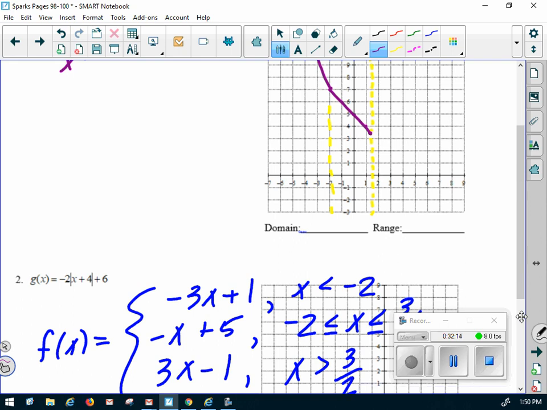Okay, listen, 3x minus 1, so there's minus 1, then up 3, right 1, up 3, right 1. So just do that. Now remember, an absolute value function,